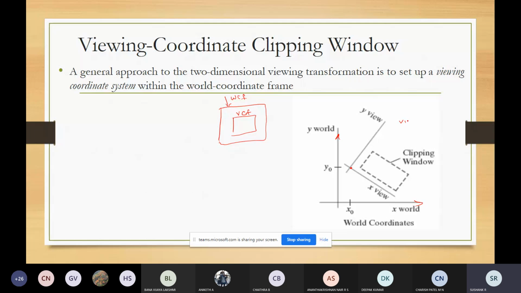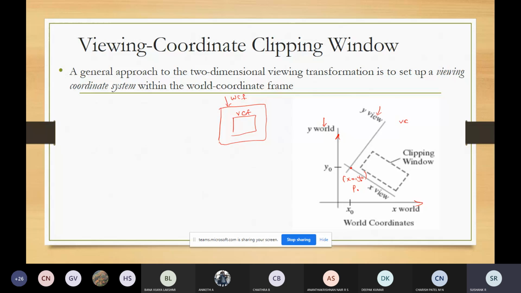This is the world coordinate, and this is the viewing coordinate. They are choosing an origin point for this 2D viewing coordinate frame at some position given by x naught comma y naught, which is given by the point P naught.